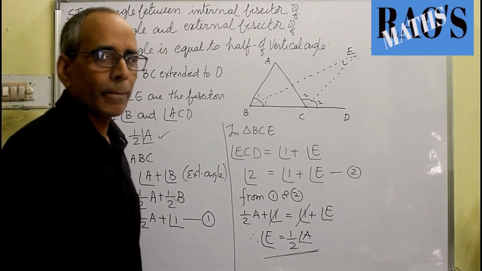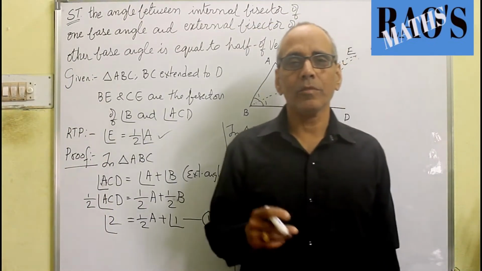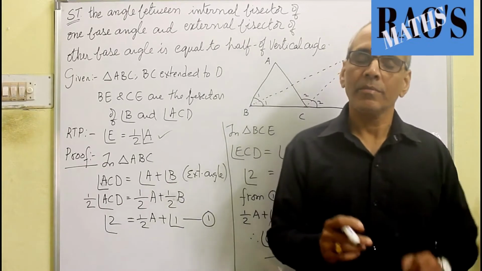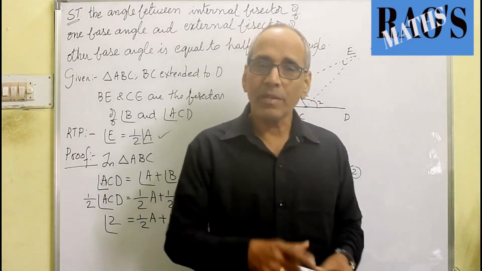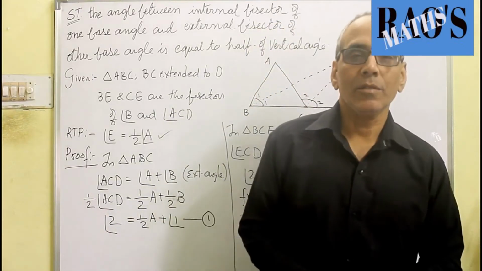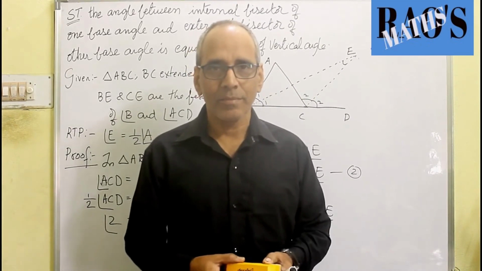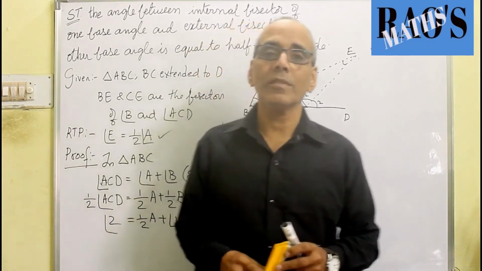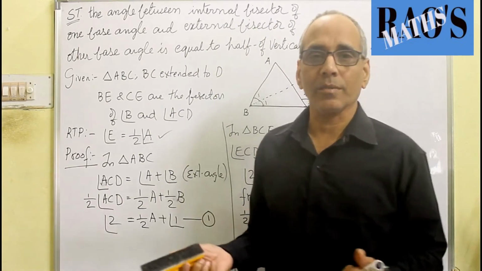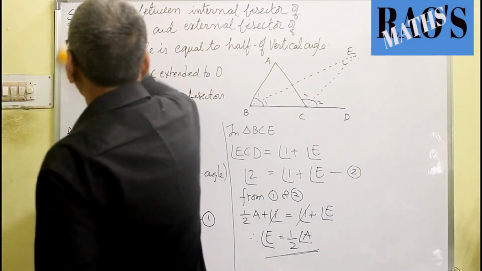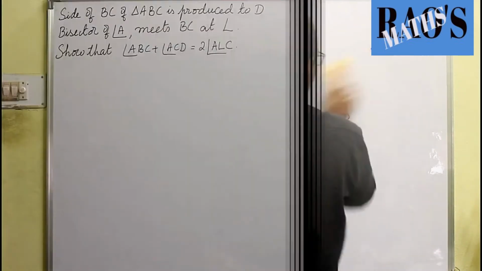So very simple. The statement seems to be very confusing, but if we draw a diagram suitably to the condition given, with peace of mind, the answer is very simple. And here is one more, the last question. After this question, next class onward we start the quadrilaterals. Quadrilaterals have very important questions, and of course I don't say easy questions, but important questions. Next question, and the last question of this triangle and its angles.